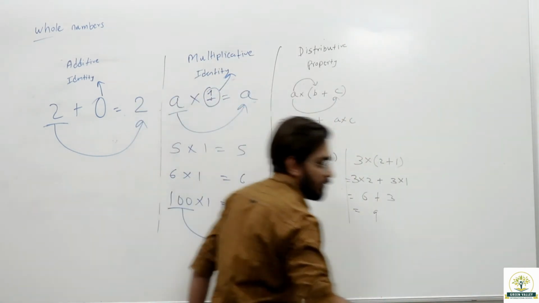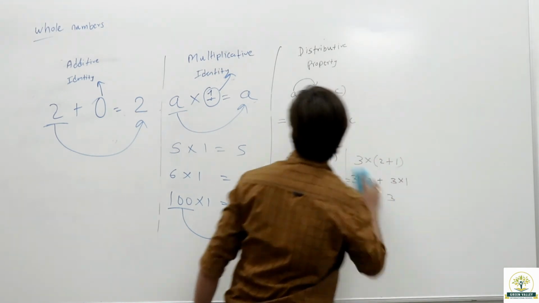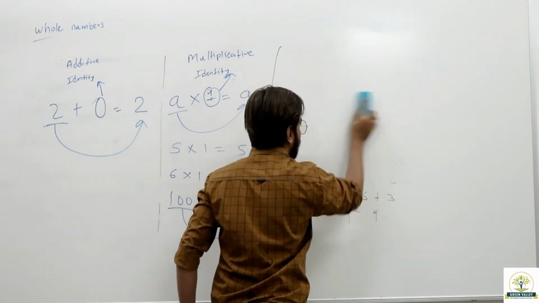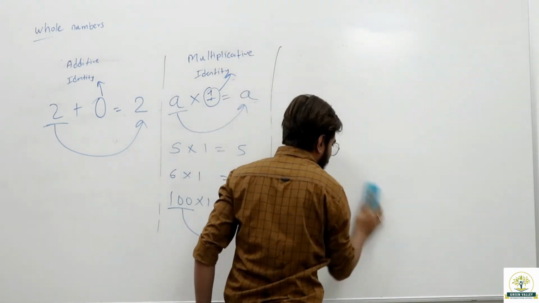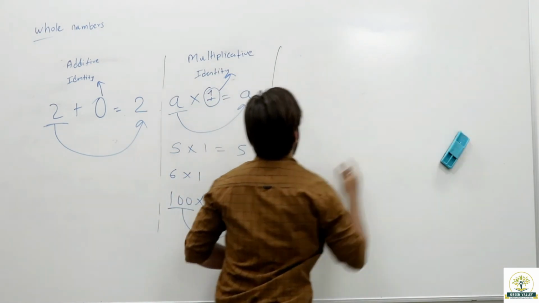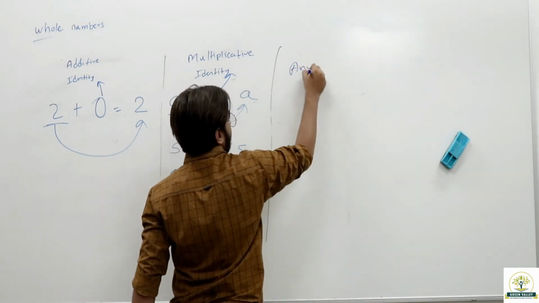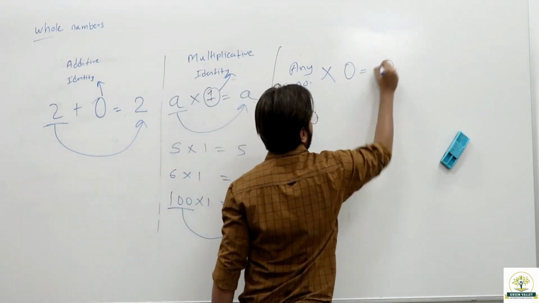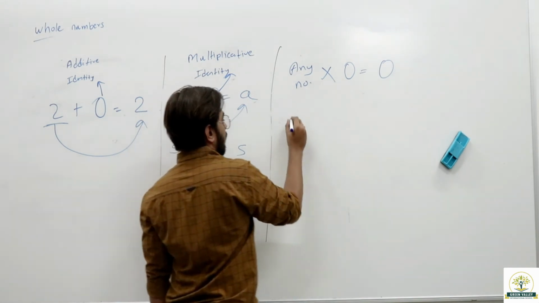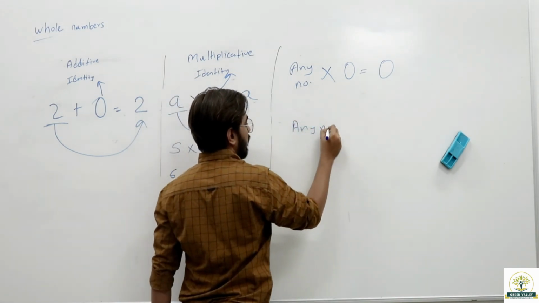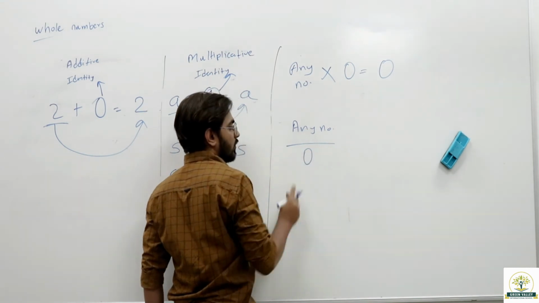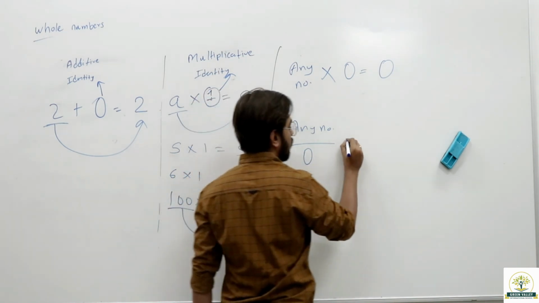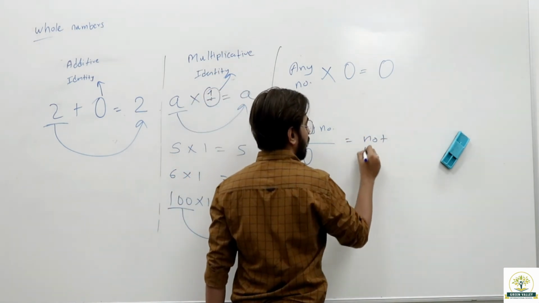Now you know that any number multiplied with 0 gives you 0. You need to remember this point. Actually you don't need to remember this point because it is obvious. Any number on multiplying with 0 gives you 0, and any number divided by 0, this is a division sign, it is read as upon. Any number upon 0 is not defined,